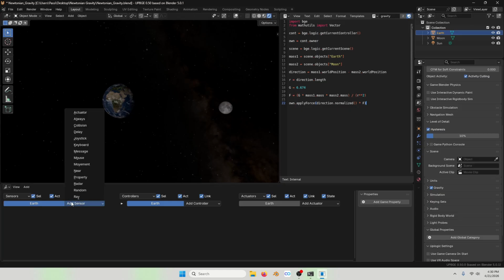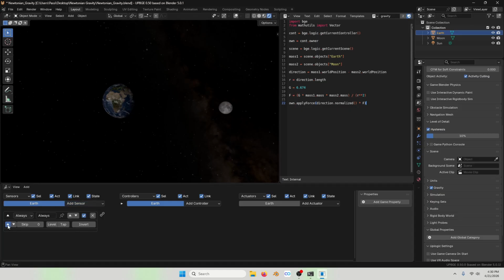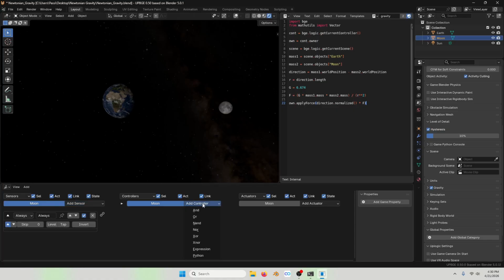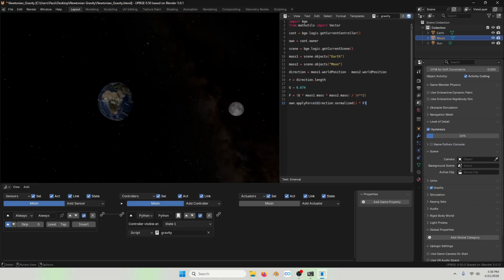So let's go ahead and apply the script to both of these objects. First, I'm going to apply it to Earth, and then we could apply it to the moon as well. And let's see what happens. As you can see, it sort of works. The moon is kind of doing what it's supposed to be doing. However, the Earth is moving away from the moon. That's because